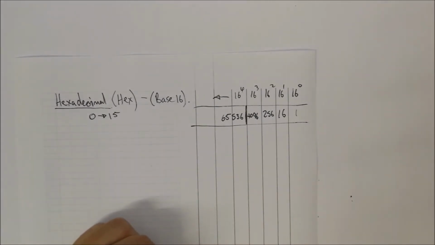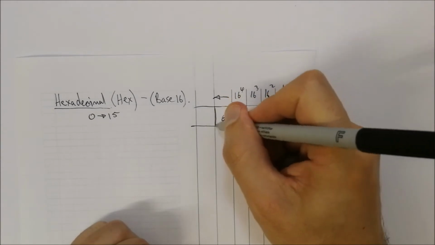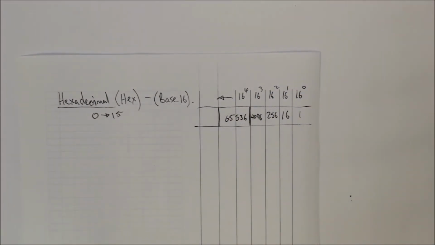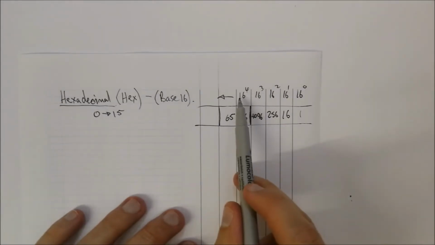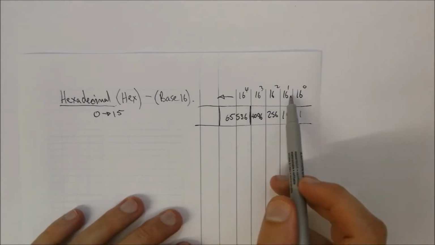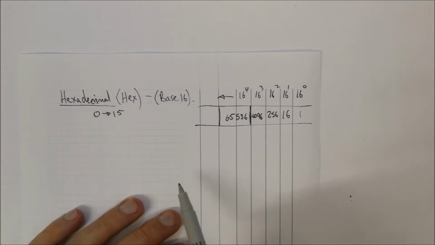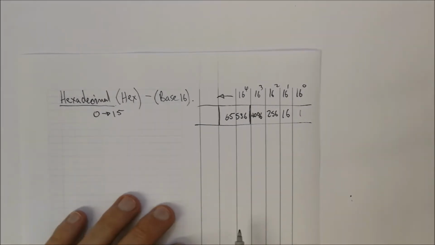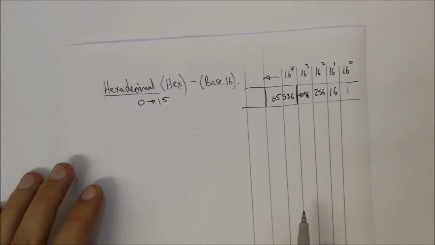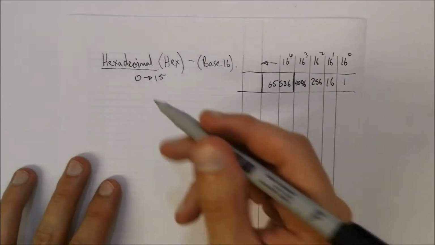Okay, so that is the same principle we're going to be doing as we did with binary numbers, as we did with octal numbers. We're going to be looking at the bases. It's going to be 16, to the power of 0 all the way up to the power of infinity. Okay, so the thing with hexadecimal numbers is what we've got to take into account is the